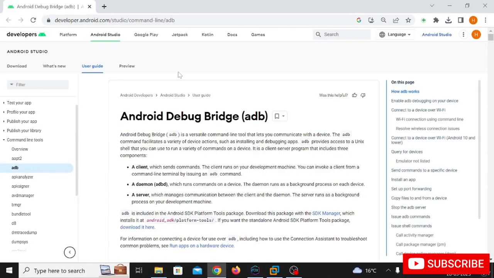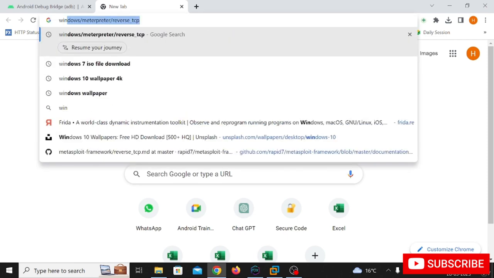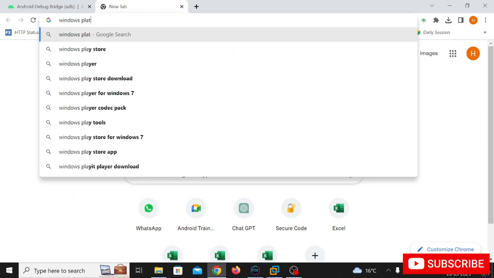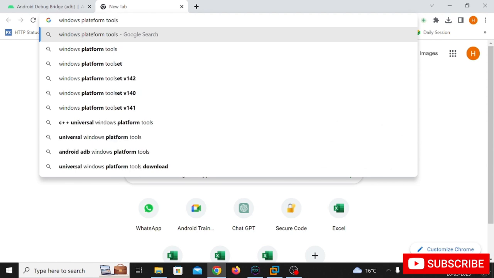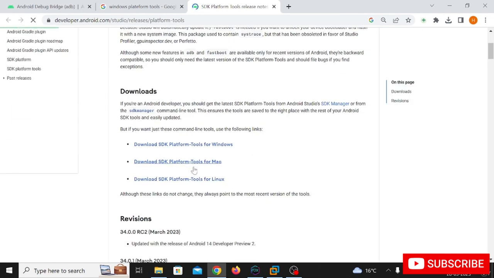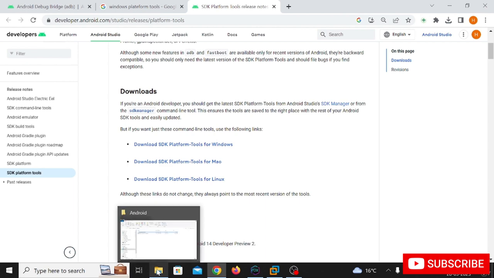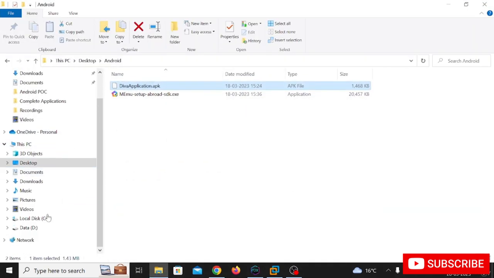In the Windows operating system, if you want to install this, you have to install the platform tools. So let's see how we can install platform tools. For that we will search for Windows platform tools. This one, open the first link. Here you can download for Linux, Windows or Mac. Just click on download SDK platform tools for Windows. I already installed it. You just have to download it, and after that